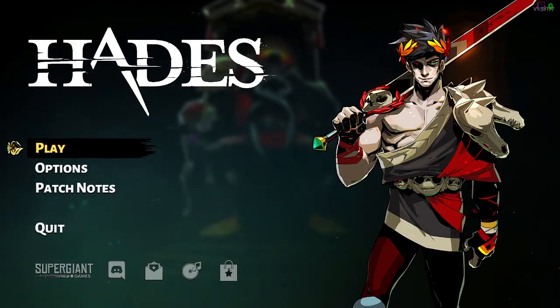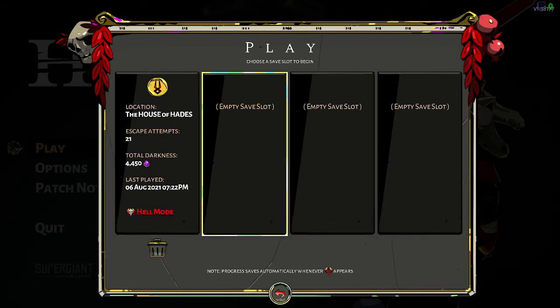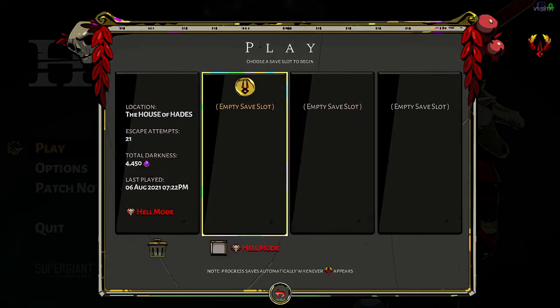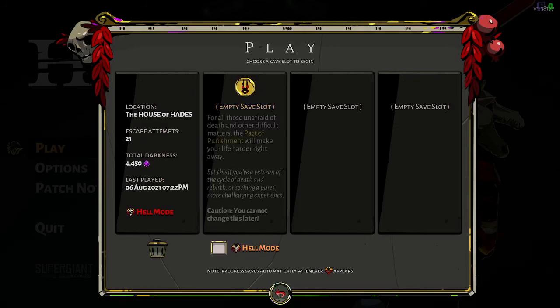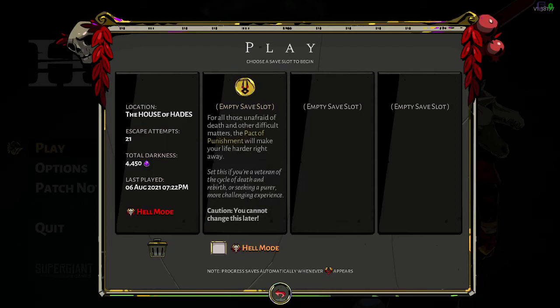So first option is play. And then it brings you up to the play screen. You've got all these save slots, and they are left to right. You got 4 of them. So say you wanted to start a new game, you'd pick a save slot. You press your button, and then you can either start the game, or if you go down, you'll get hell